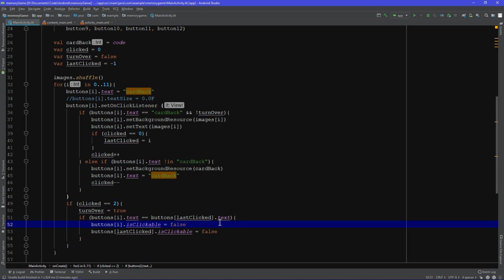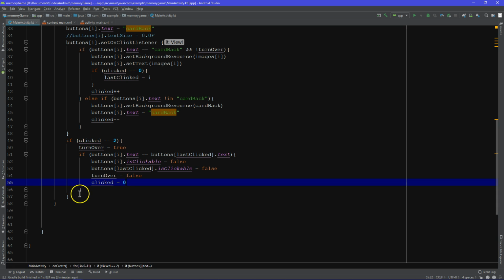And what we need to be doing for that is turn over should be equal to false. And so now they'll be able to flip new cards over, right? They'll be able to flip anything they want over because they have a match and we're leaving it face up. And we're going to reset clicked to 0 because it's essentially like they click 0 since we're leaving those two cards face up, okay? And for this, though, we also need an else if